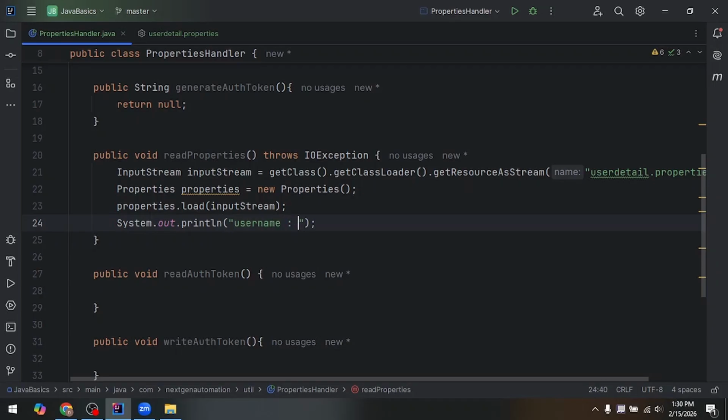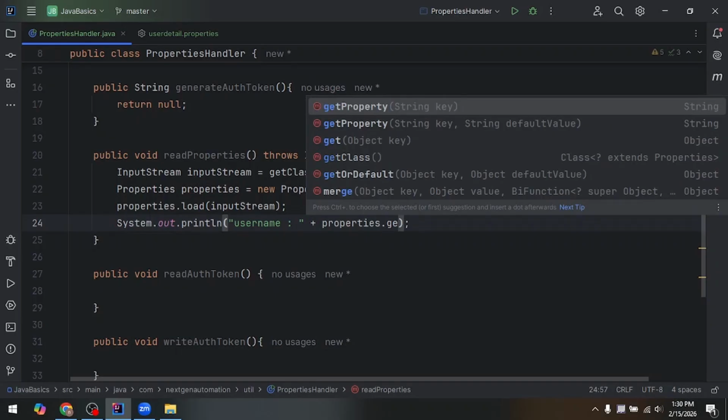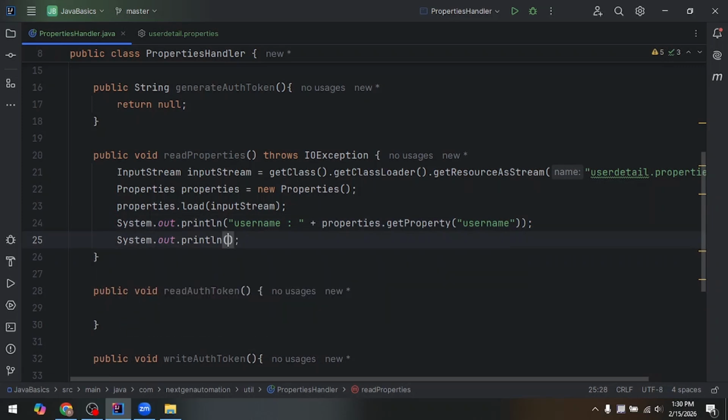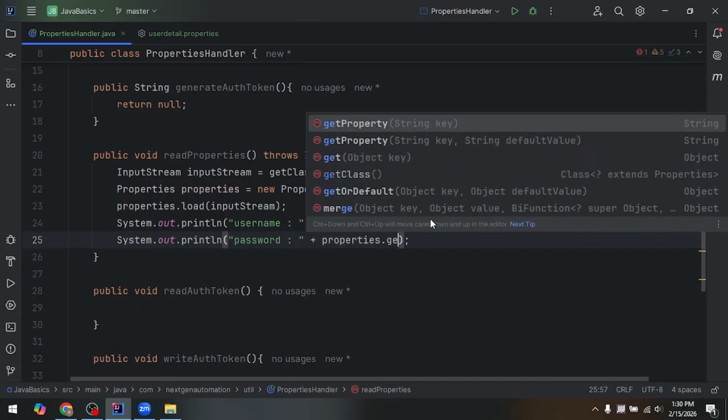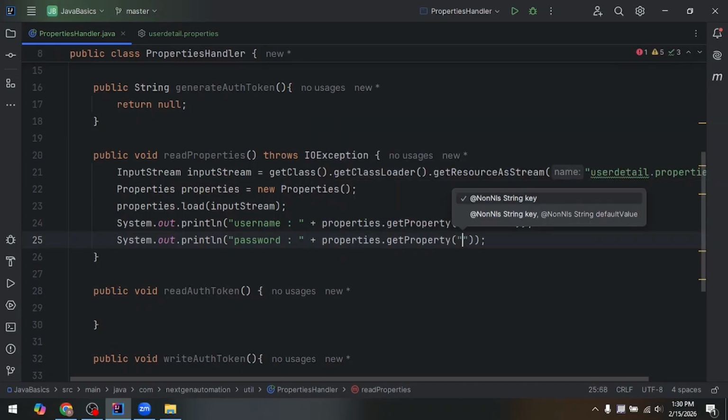Username, right? I'm going to concatenate with plus sign, so I can say properties dot getProperty. So you need to pass the key. So I will give username, and here sout password, then password concatenate properties dot getProperty here, and I'll say the key is password, right? Okay, so now I'm going to